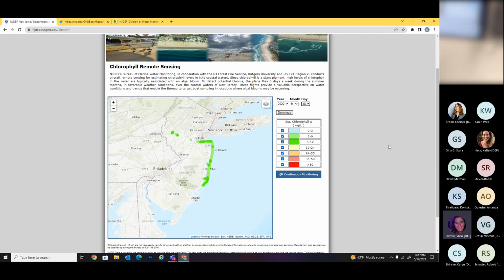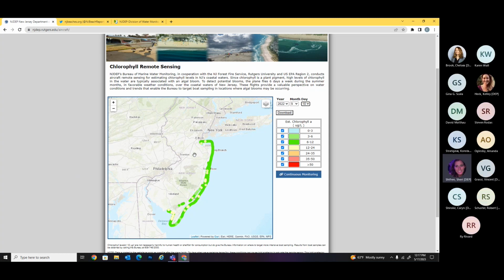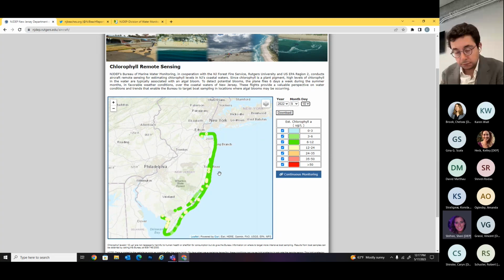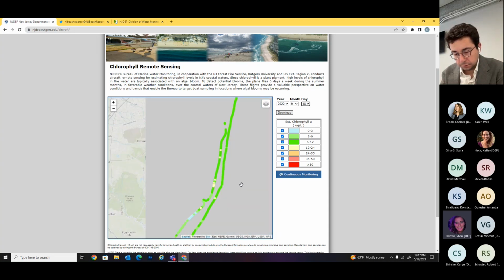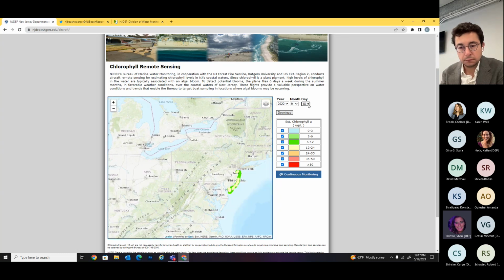We fly over the coast 6 days a week, every day but Wednesdays. Wednesdays is scheduled for aircraft maintenance. This is an example of a long flight, and we fly those on Thursdays and Sundays. You can scroll in, and you'll see we go up Barnegat Bay, and we do the entire coast. Now, on Tuesdays, we also fly over several larger lakes in the northeast portion of the state.